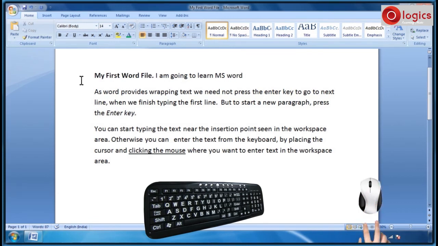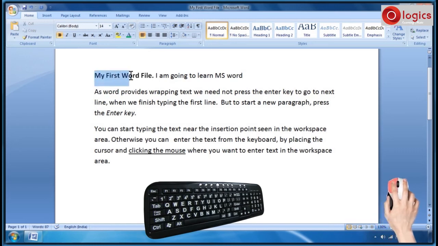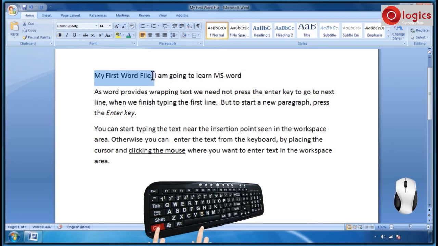Now let us see how to remove the formatting effects like bold, italic and underline. You can observe when you select this text, bold command is highlighted. It means that bold command is already applied to this text. To remove the bold effect, click on bold command again. To do so, here I am using keyboard shortcut Ctrl B. See the bold effect removed for the selected text.